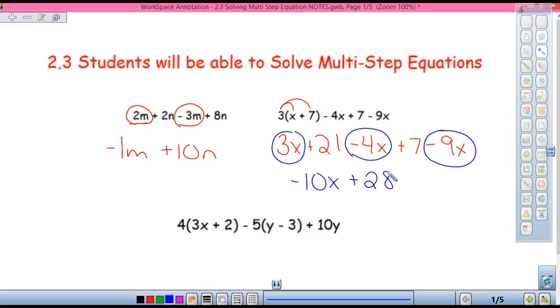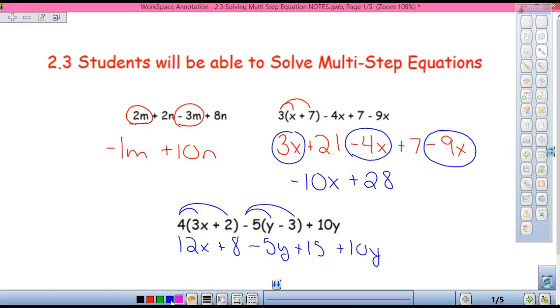Okay. On this one, how many times am I going to have to distribute? What? Yeah, I got to distribute twice. So 4 times 3x, excuse me, 12x plus 8 minus 5y. Now this is where you got to be careful because you got a minus on the outside. The minus on the inside turns into a plus 15, and then plus